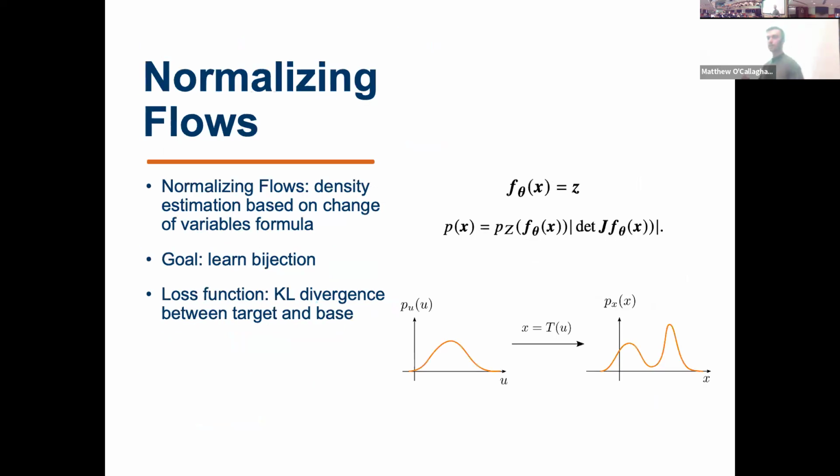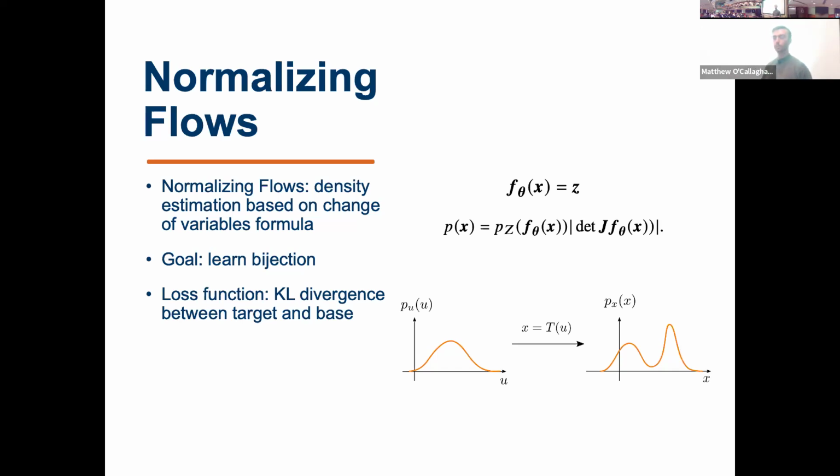Okay, so for anyone that's not familiar with normalizing flows, they're based on density estimation based on the change of variables for probability distributions. I really like this because it's a really nice way of doing machine learning that's kind of informed. Okay, so we know theoretically under some assumptions that we can construct bijections between a data space and some